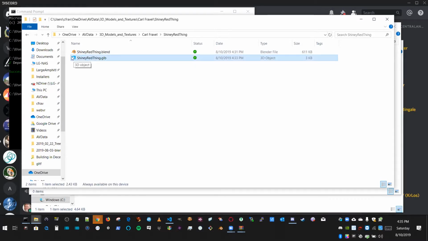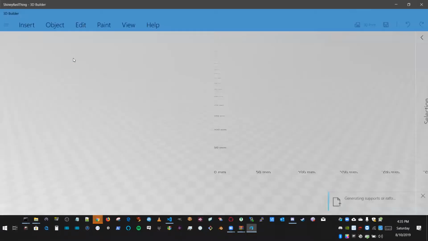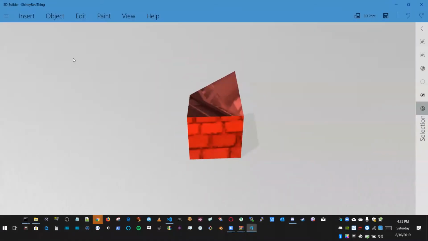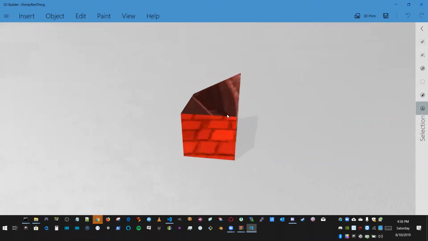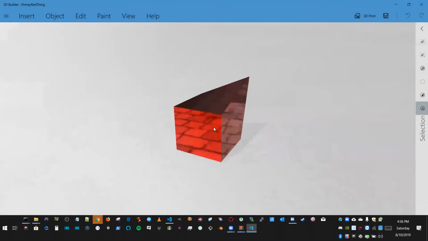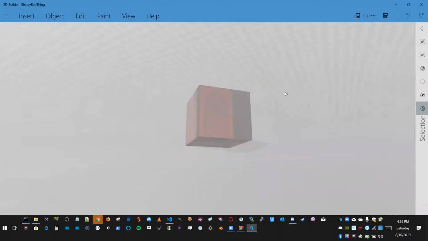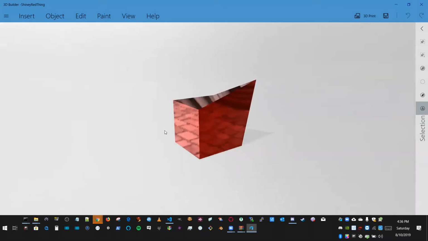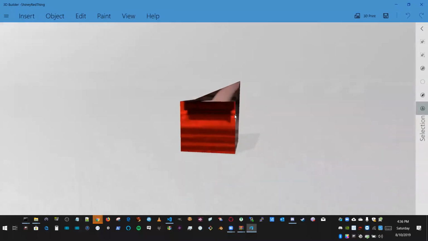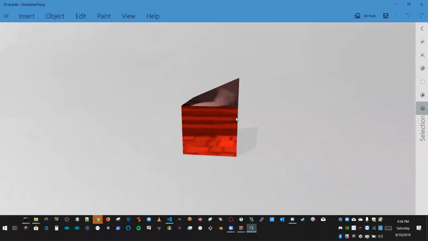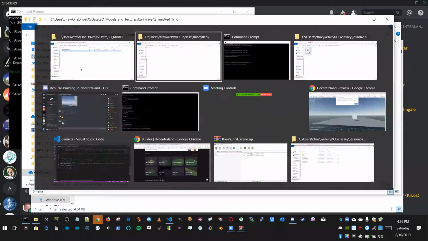By the way, in Windows, if you double-click on a GLB or a GLTF, you get to see it in the 3D Builder or 3D Viewer apps of Windows. And it has a different scene surrounding for shiny stuff. It looks a little bit like something from the first Superman movie. Or anyway, so